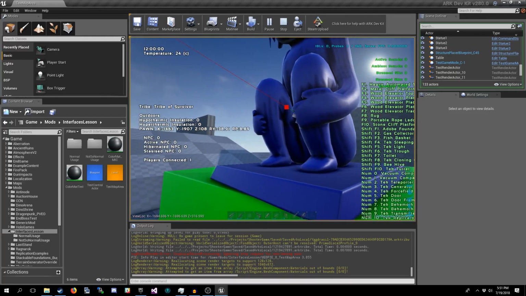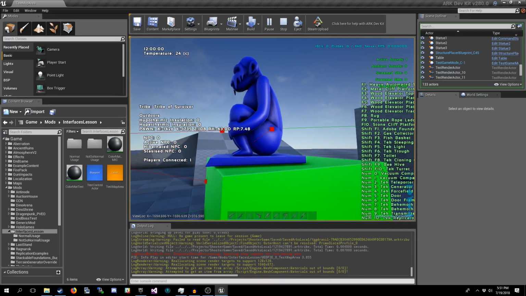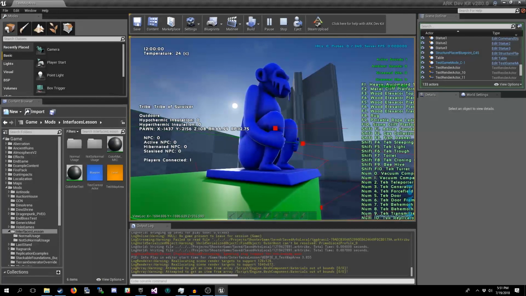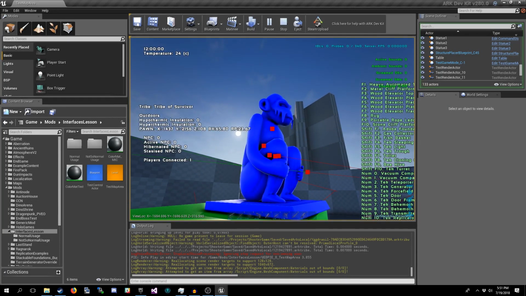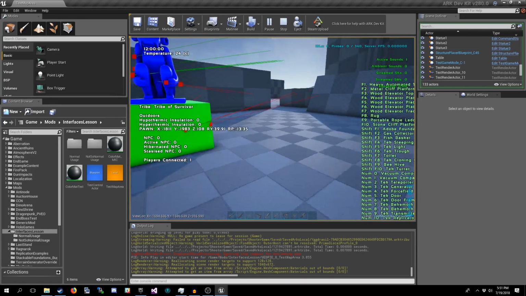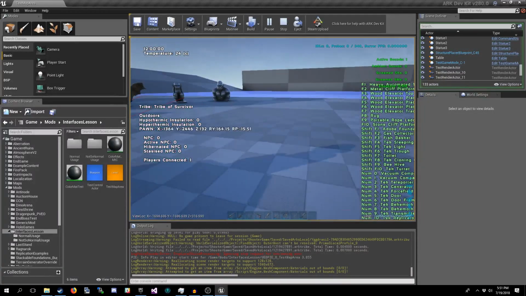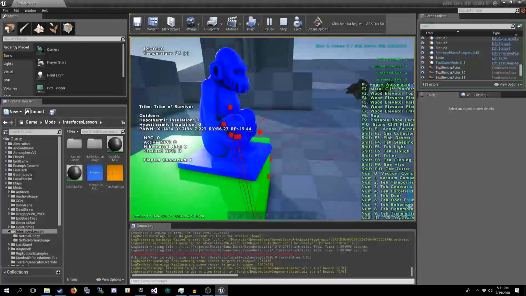That means it found a collision and returned at that point. Then it returns that, and we're calling that interface function on it. So this is the more intended purpose of interface blueprints.